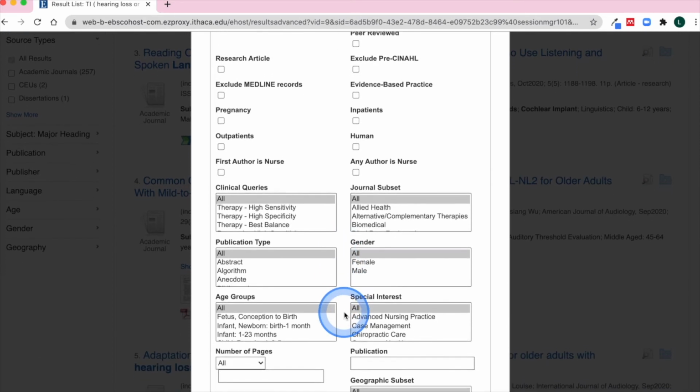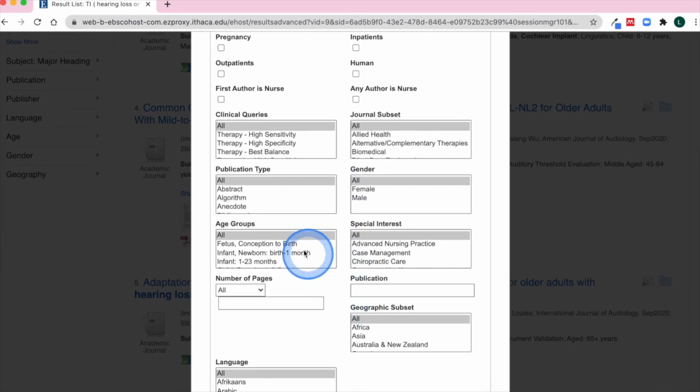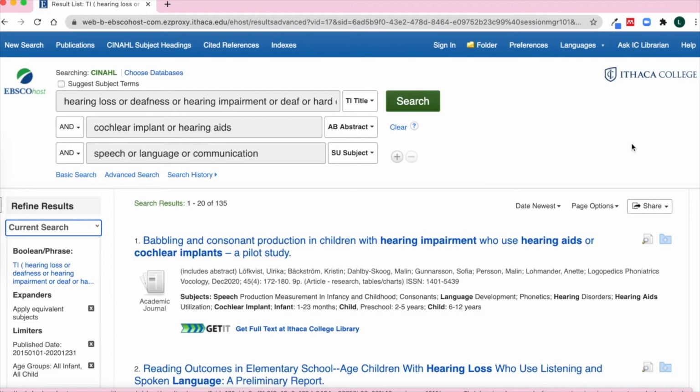And one of the categories that you'll find in CINAHL and also in Medline is that you can focus on your age group, for example. I'm going to say all child and all infant. I'm going to select 2. So after using the all child, all infant filter, I have 135 articles, which is still quite a lot.